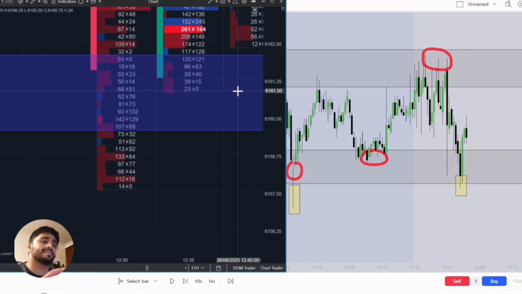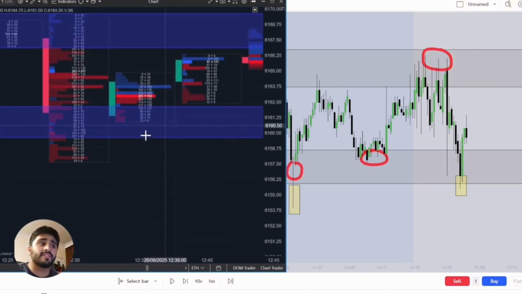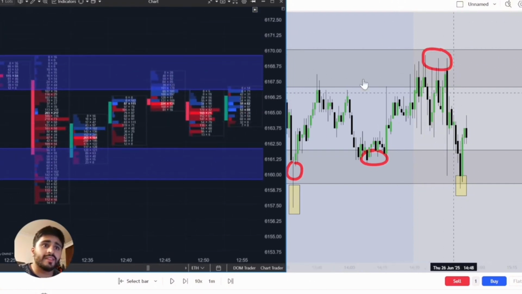So what you want to understand is that the market over here was absorbing aggressive sellers. So it shows you a passive buyer is present. It shows you passive buyers are present below the zone or at this zone to drive price higher. Now what's interesting is when we come into this area, this key level,